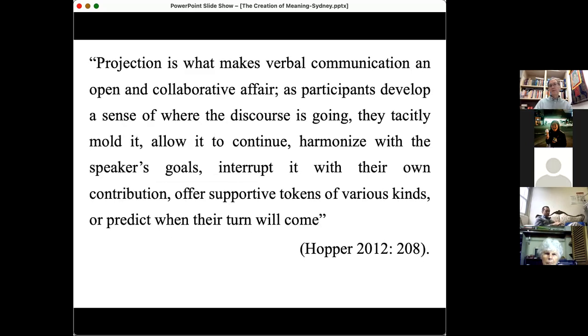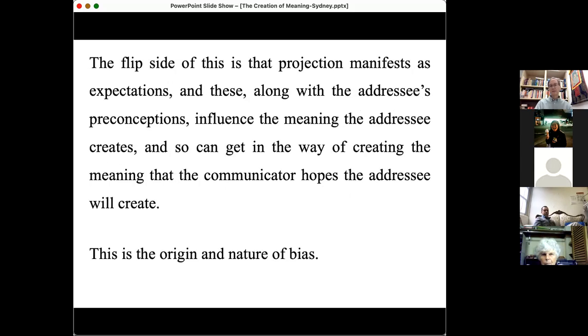And Hopper argues that projection is what makes verbal communication an open and collaborative affair. As participants develop a sense of where the discourse is going, they passively mold it, allow it to continue, harmonize with the speaker's goals, interrupt it with their own contribution, offer supportive tokens of various kinds, or predict when their turn will come. So this is something that's been looked at quite a lot in interactional linguistics and conversational